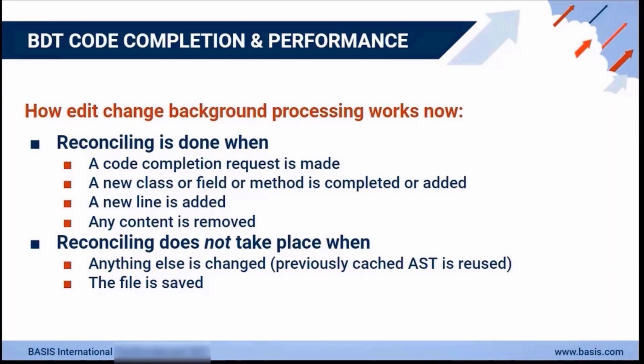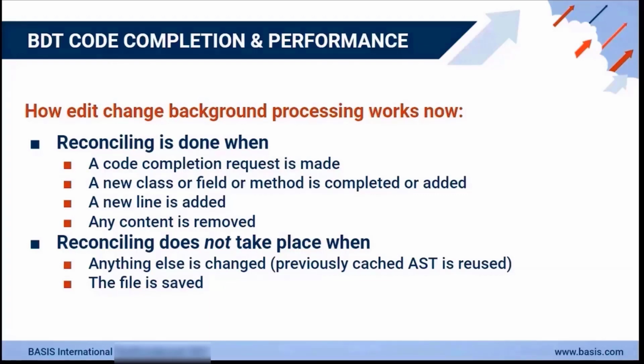When a change is made to a BBJ program loaded in the code editor, a document change event is fired, and BLTK allows us to grab each one of those individual events and evaluate it to see exactly what was changed. And we can decide, is this change important enough to do a complete background reconciliation, or is this something that's not important? We don't have to reconcile, and we can just use the previously cached abstract syntax tree information